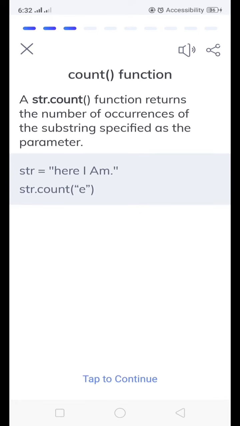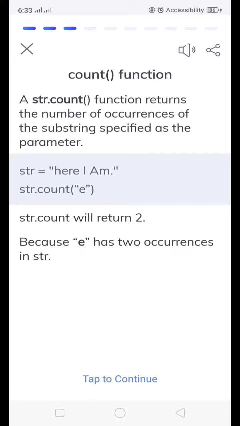The str.count function returns the number of occurrences of the substring specified as the parameter. str.count will return 2 because "he" has 2 occurrences in str. Similarly,